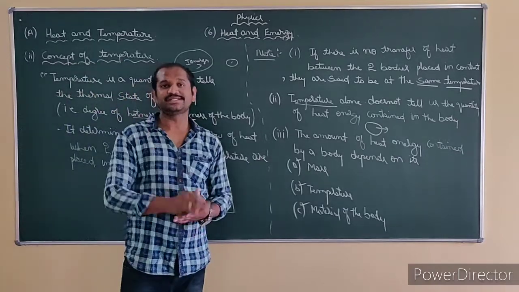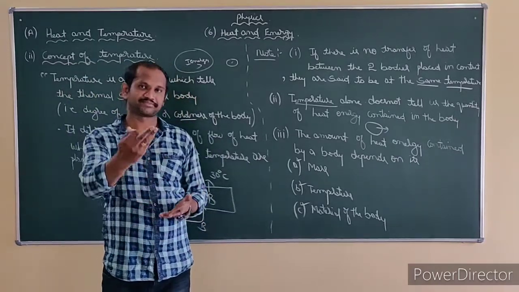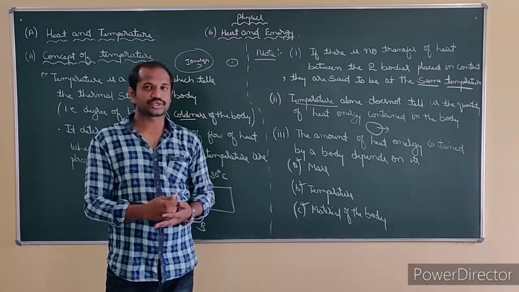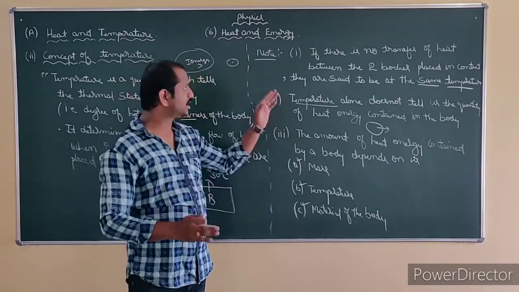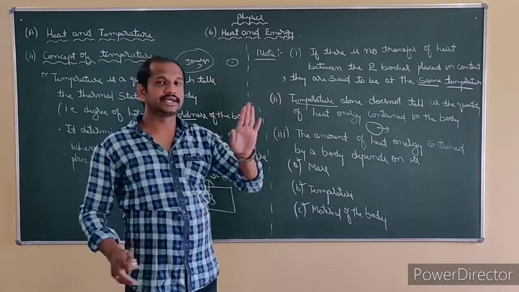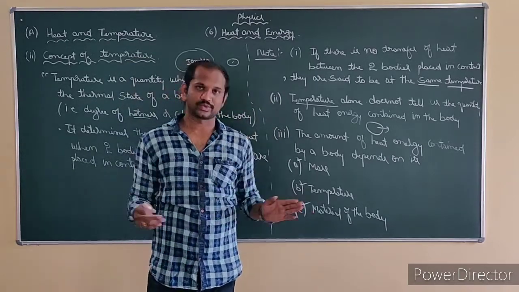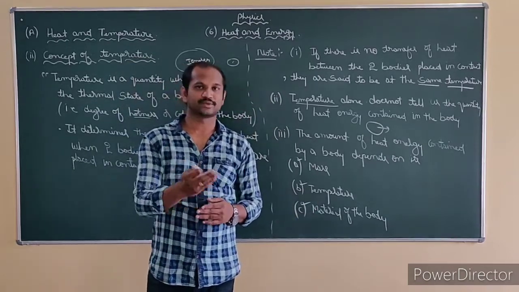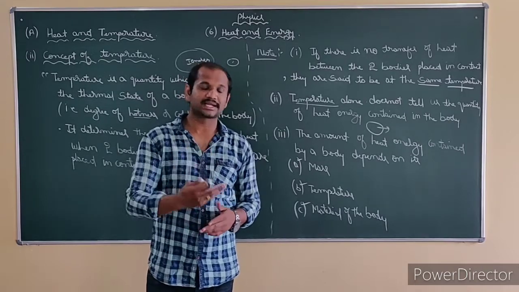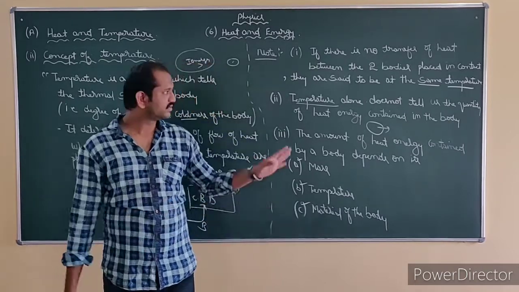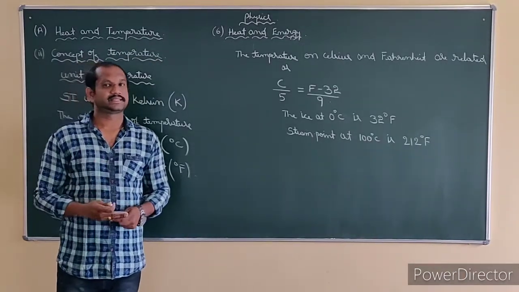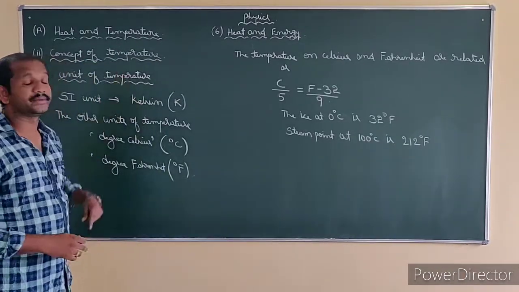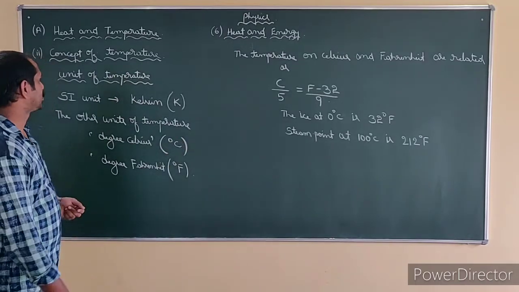Now we will see the units of temperature, that is Kelvin, Celsius, Fahrenheit. You know that obviously. The difference between what we mean by temperature and heat is given in your textbook. Please go through it. Understand? Then it is up to you. Nearly 6 points are there. Learn all those. It's very important. Now we will see the units of temperature.